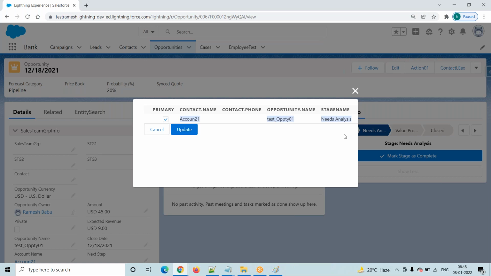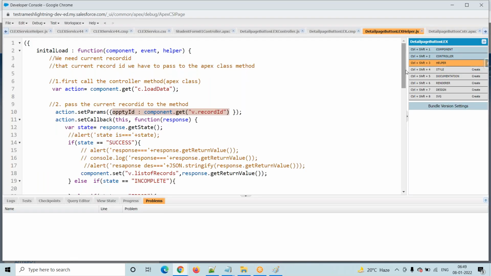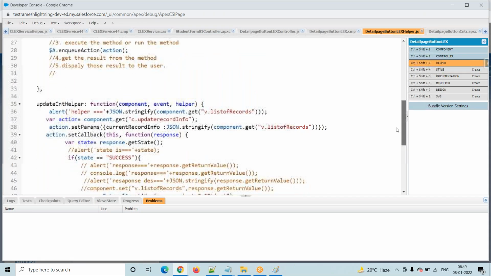How are we going to pass it? We have to serialize that record. Remember the terminology. We have to serialize it because we are passing more than one field, the complete record. That's why we have to serialize this one.